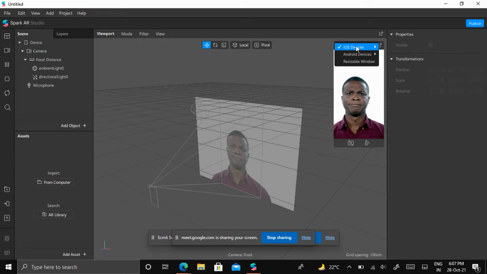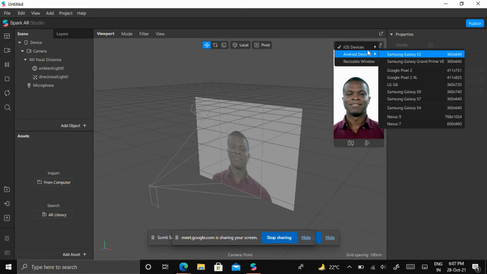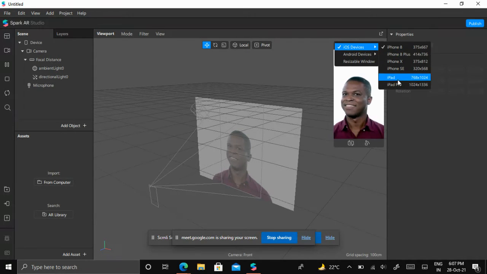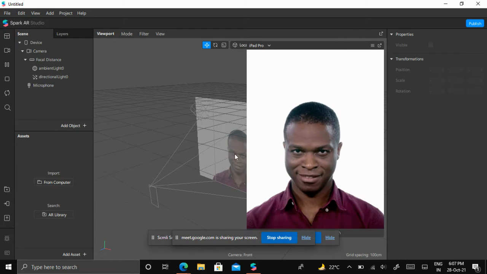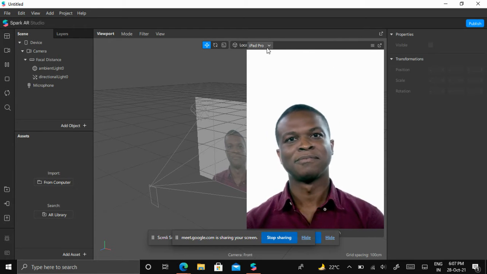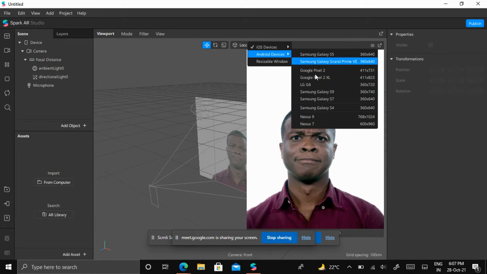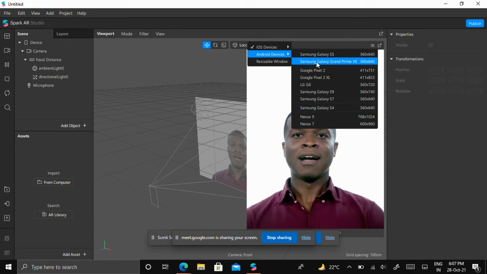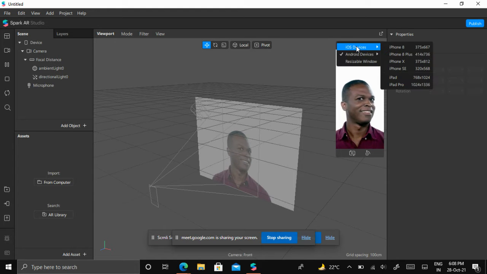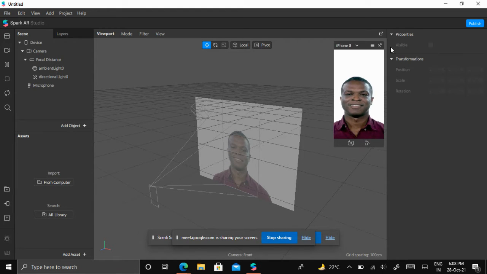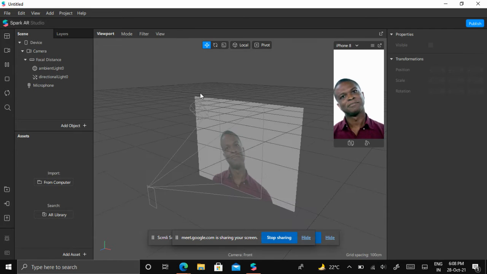We can also change it to our convenient devices. Suppose I want to change this to an iPad Pro, the screen will be this much. We can also change it to something like a Samsung Galaxy S10. We can change to our convenient one. So this is the viewport and this is the real-time face simulation. Getting it?